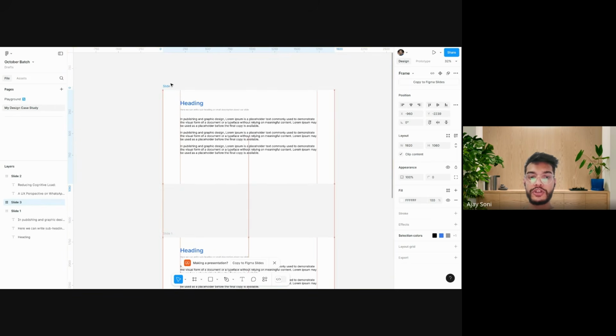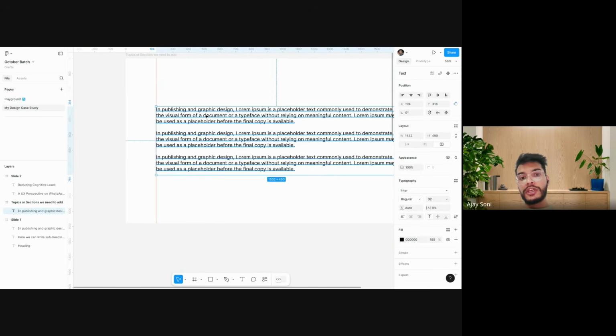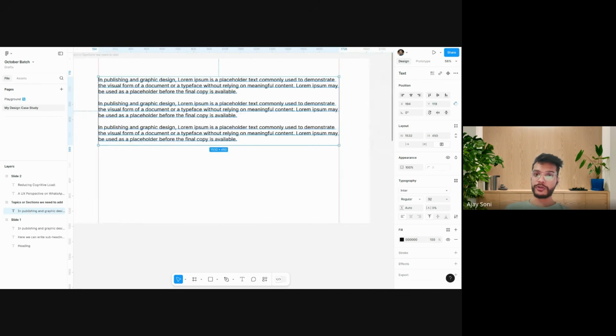Now, before we proceed, we are going to discover topics or sections we need to add. Now you must be thinking, what data do I have to add in my case study? What kind of sections do I have to add here, and how can I write it? What should be the ideal process? What should be the ideal format? What should be the ideal hierarchy of the content, right? So you might be having those questions.